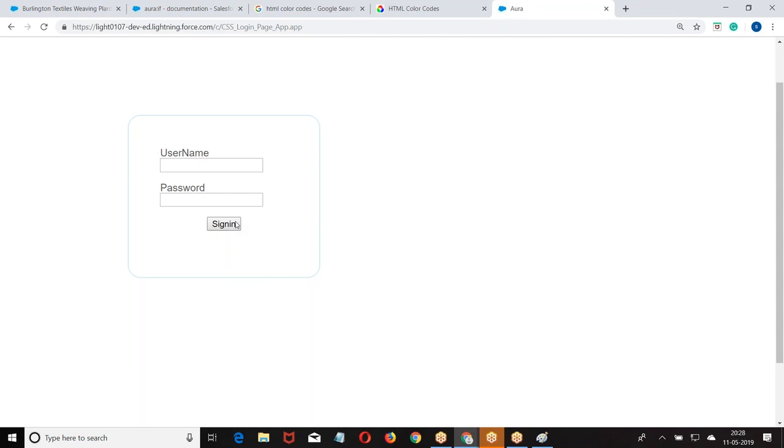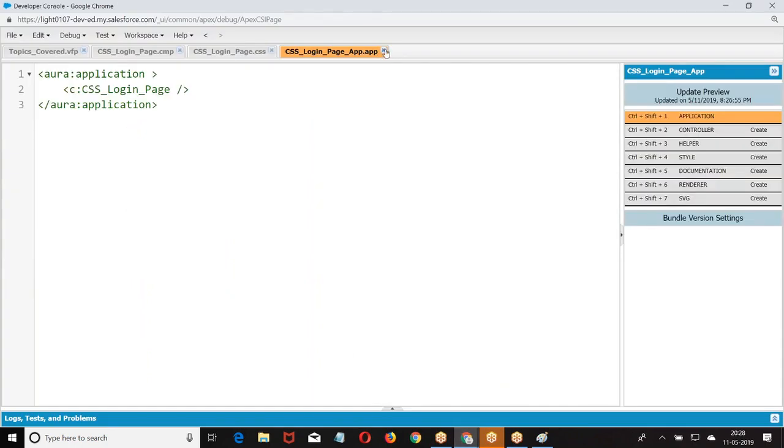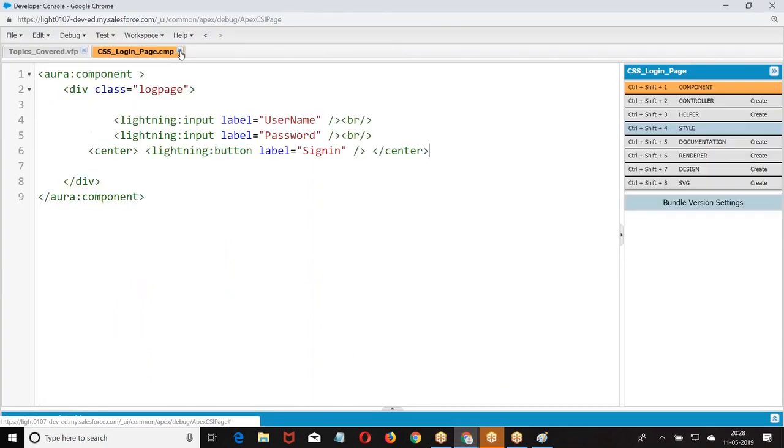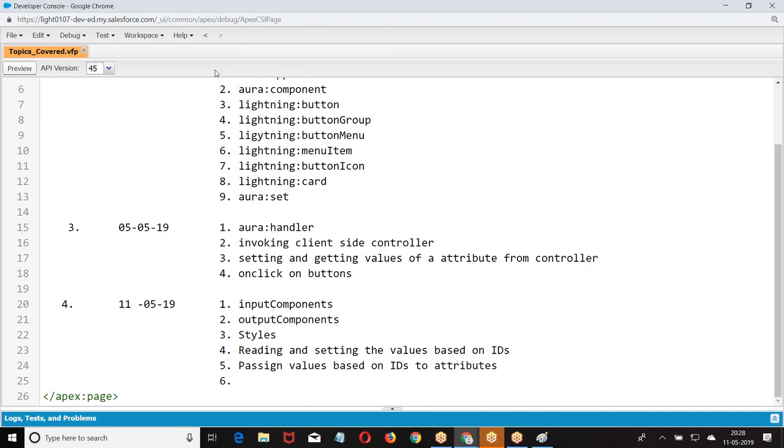The basic structure is clear. Everyone is good? Clear for everyone? Okay. Now, let us discuss a quick point here. We have done a couple of examples with respect to Lightning card. But every time, the width came as the complete page, for input text too. Now, I want to control the Lightning card with a div. Lightning card is outer, div is inner. The body of the Lightning card I am going to take as a div.